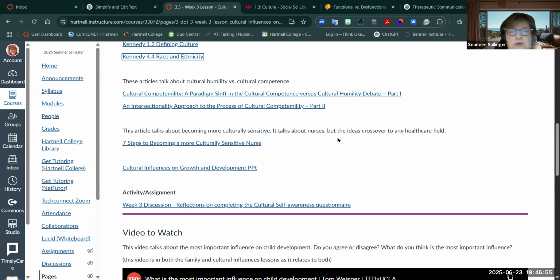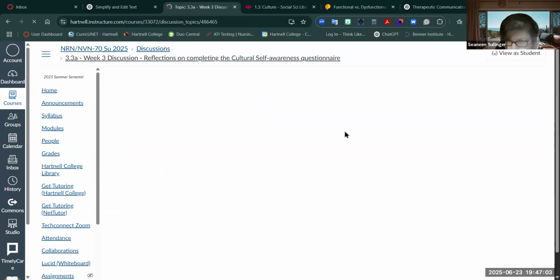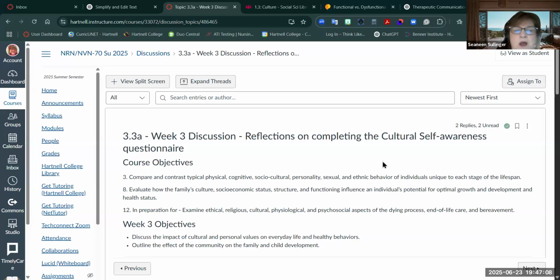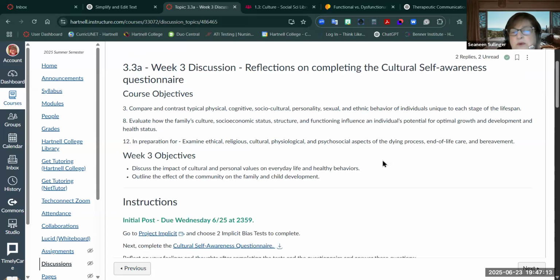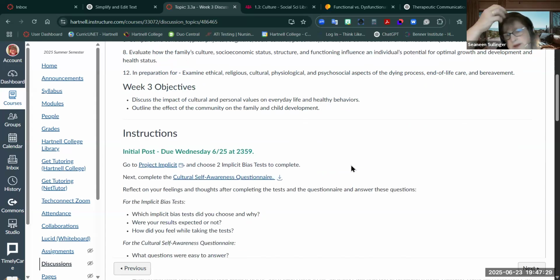Another thing that comes into play, and this is going to come into the week 3 discussion. So we do have some discussions in the class. I think there's 2 or 3, but we are also going to talk about implicit bias. Implicit bias being those things that are inherent within us that lead us to feel a certain way about somebody when we see them. And so the initial post, and I also have the initial post reminder. I'm hoping that will help.